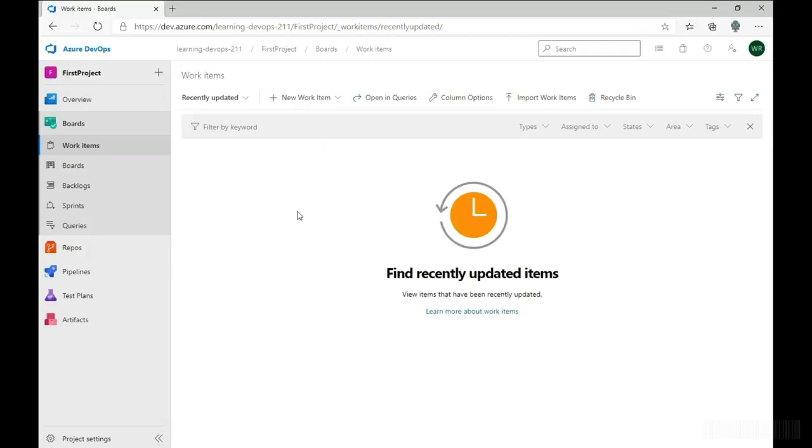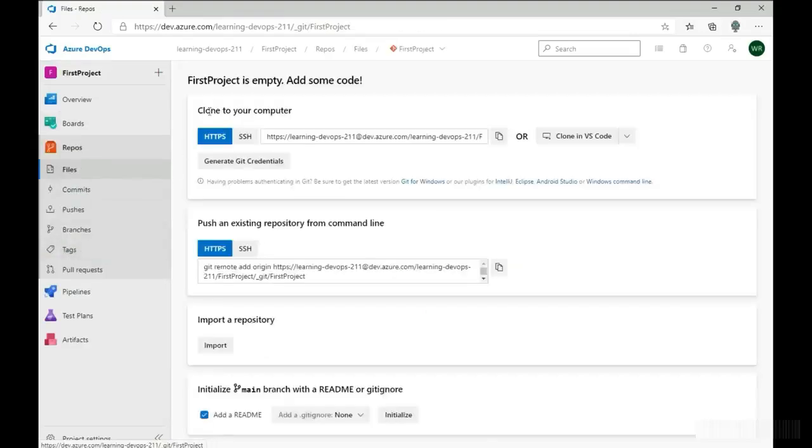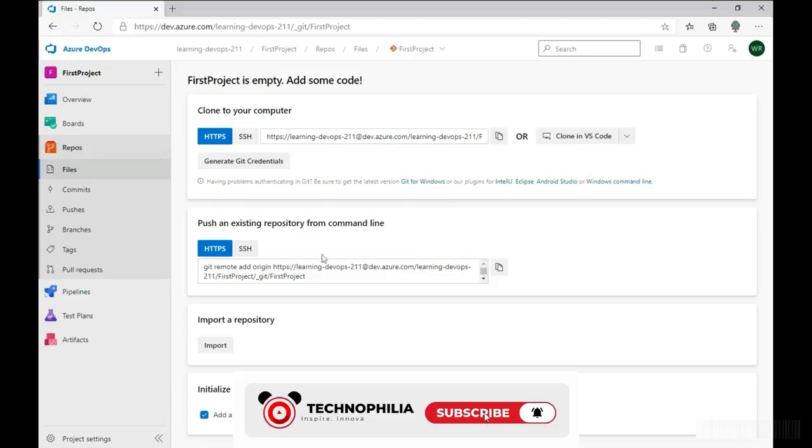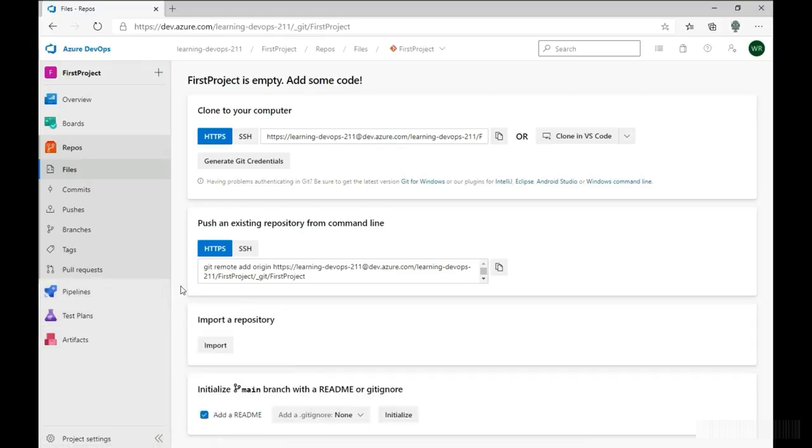And there is a skeleton structure for repos. So if I click here, I can see that my first project is empty. So I do have some endpoints on the internet for my cloud-based Git repository, but there's no files in the repository yet. Now, for us to work with some samples during the course, it's helpful to have some boards, some repos, some pipelines, and so on. So rather than having to create those all ourselves, we can use a demo generator to create those